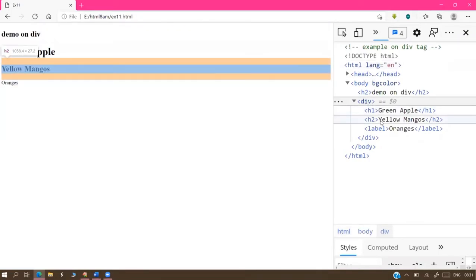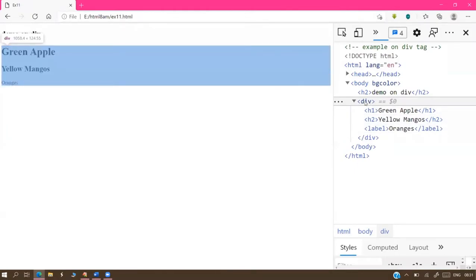These are the individual items. But when you select the division tag, sir, the 3 items are displayed as a single block. A blue colored area is there; that is your division area. The area where the blue color is spread and visible is called the division tag.